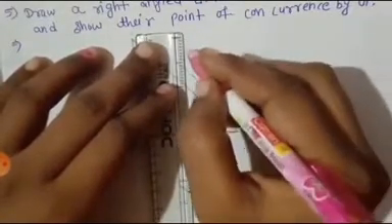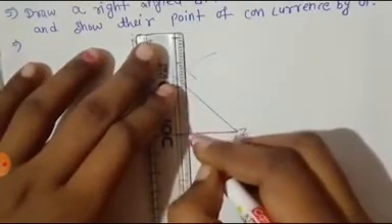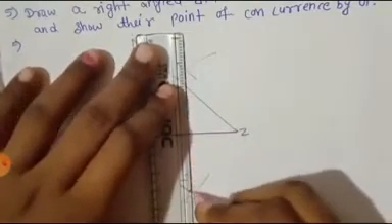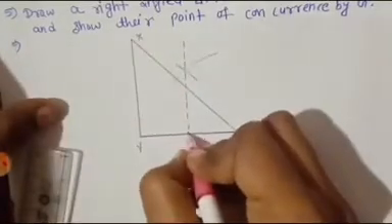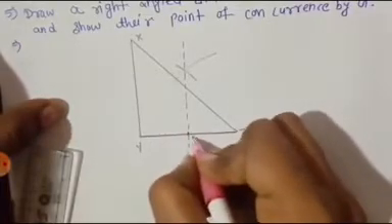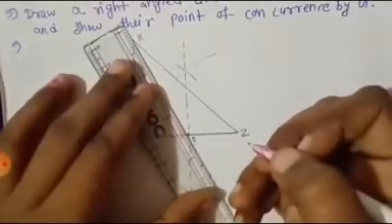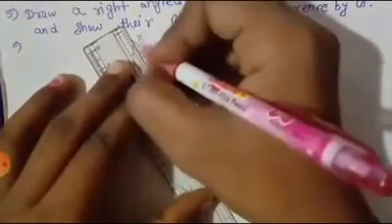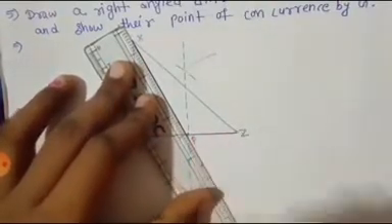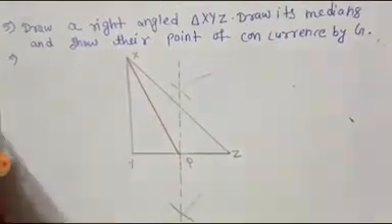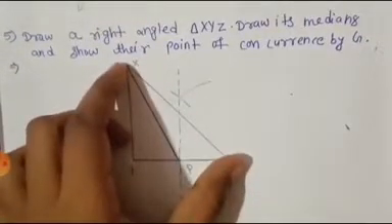Draw it. I will draw it with a dotted line, because I will draw the median as a simple plain line. So this is a point; I'll give it the name P. Whatever name you want, take it, except XYZ. Now draw one line XP. Join XP. This is one median of triangle XYZ.